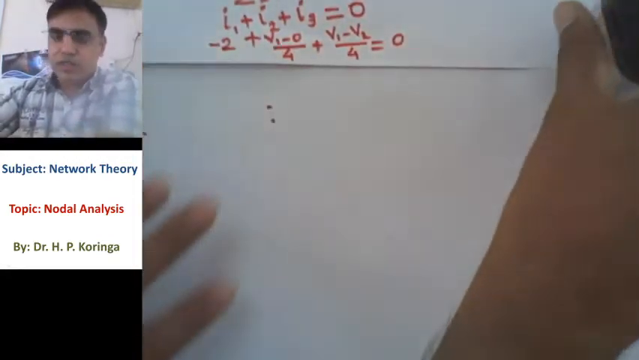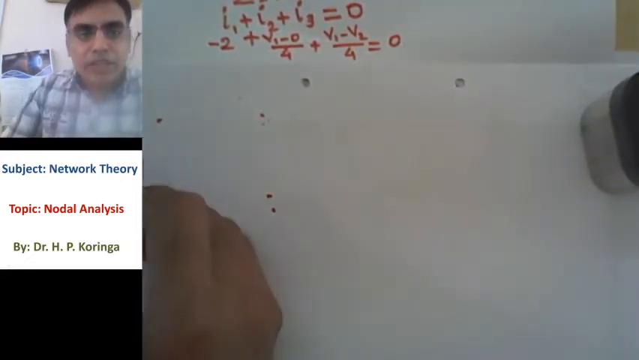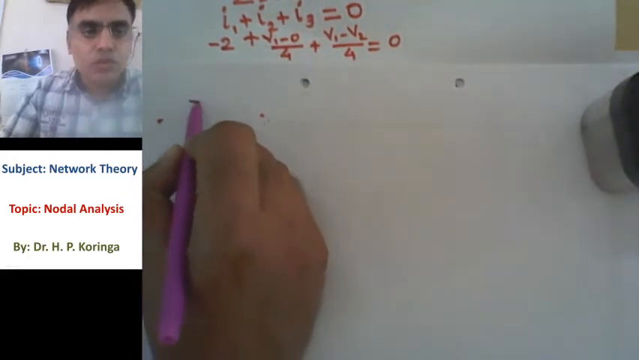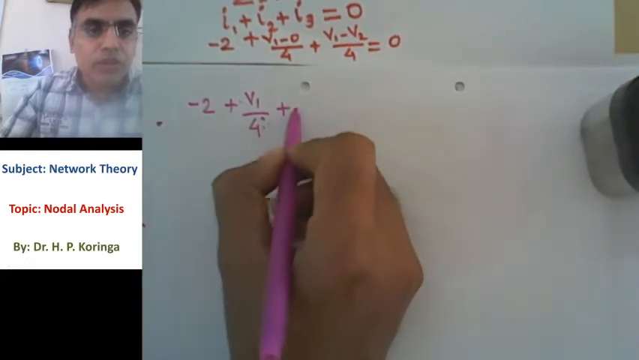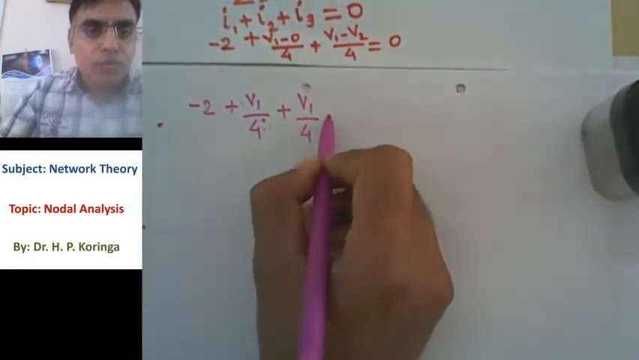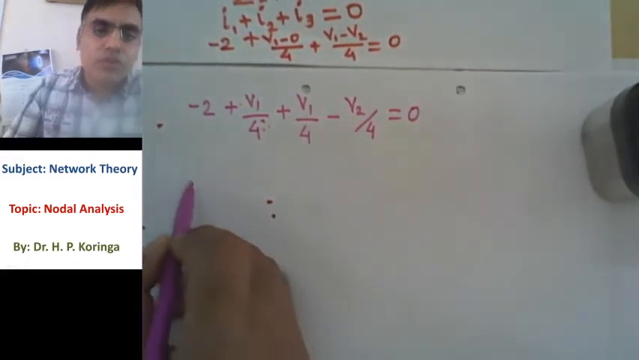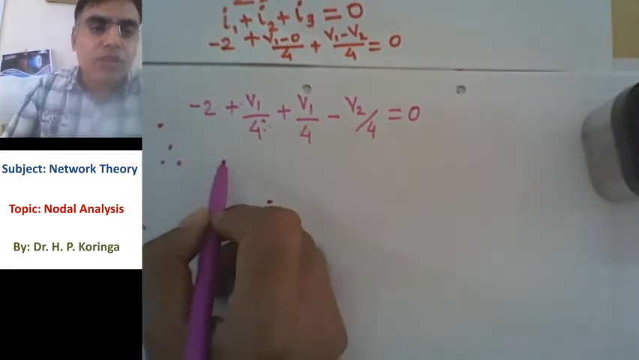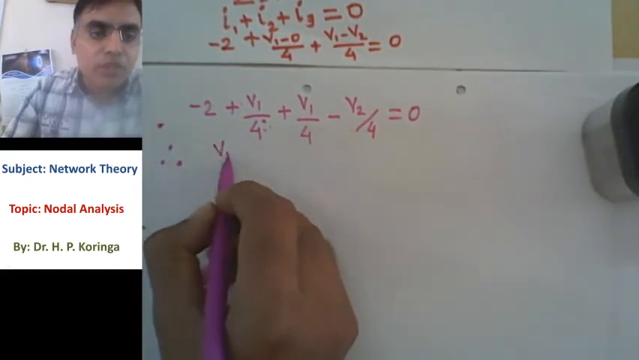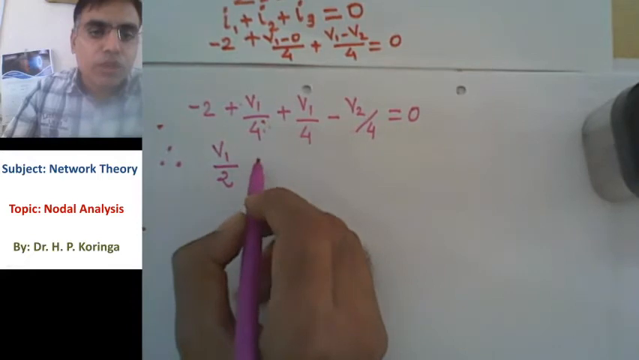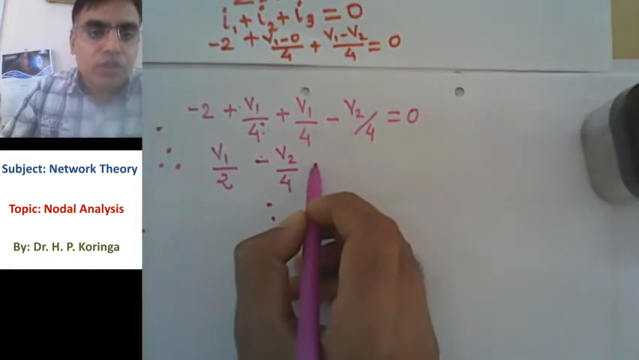So here we can see the first equation. It is minus 2 plus V1 divided by 4 plus V1 divided by 4 minus V2 divided by 4 is equal to 0. Let me find it in terms of V1 and V2. So V1 divided by 4 plus V1 divided by 4 is nothing but V1 divided by 2. Now minus V2 divided by 4